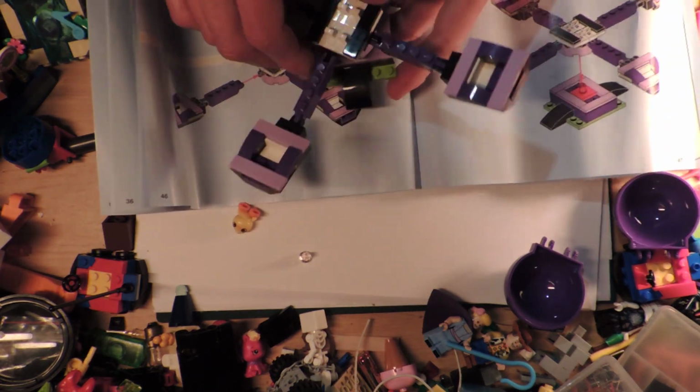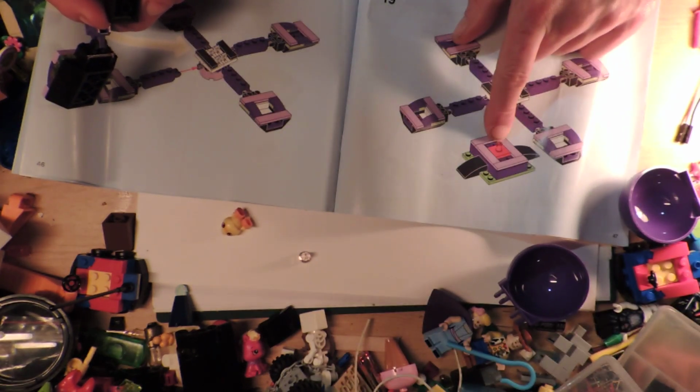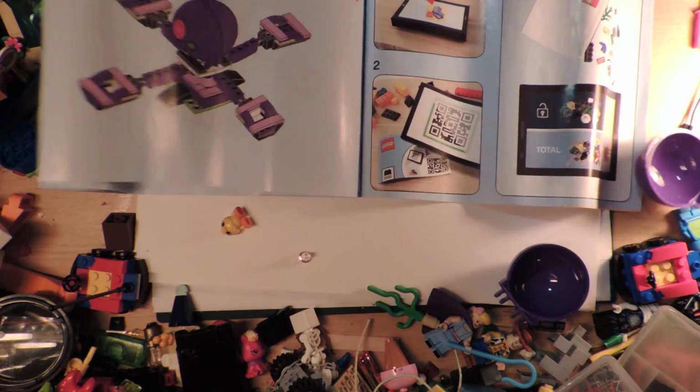Oh, apparently I wasn't meant to put this on this bit here. Look at that. You weren't meant to put that onto the base until now. You're meant to make this up. Who would have done that? No one would have done that. That's just silly. They would have put it straight onto the base when they made it, like I did. So,